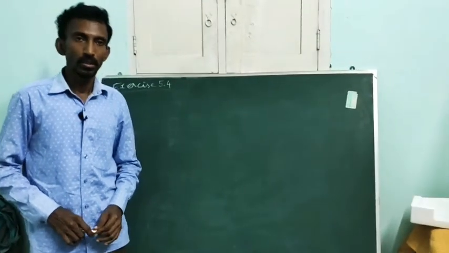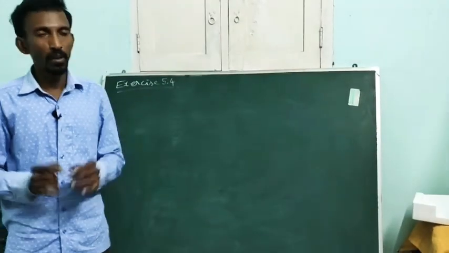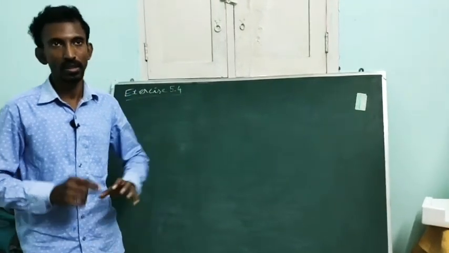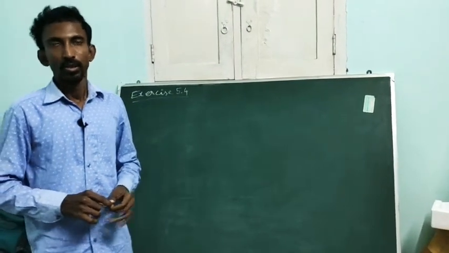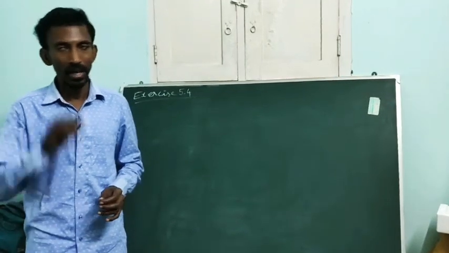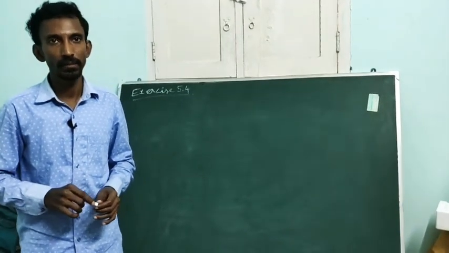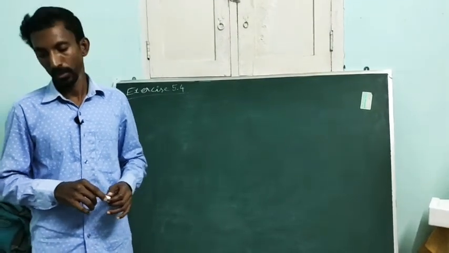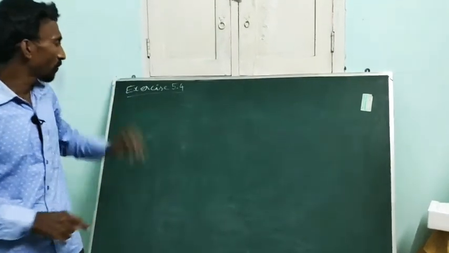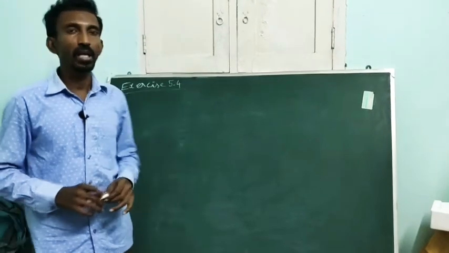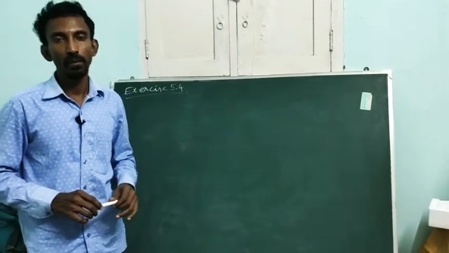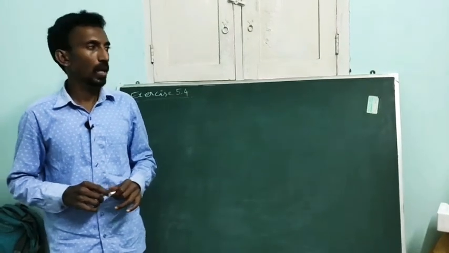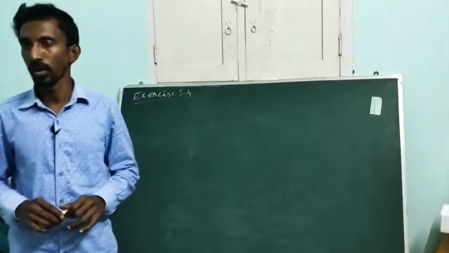Okay, my dear students, today we are going to solve the problems involving the equation of tangents, normals and condition of tangency. So for that one, first remember the parametric form of four conic section, especially for parabola, ellipse and hyperbola. Okay, so in exercise 5.4, the first question is find the equation of two tangents from a point (5, 2) to the ellipse 2x square plus 7y square equal to 14.